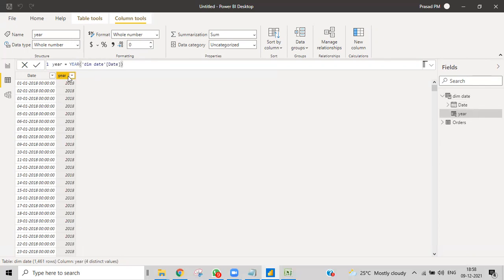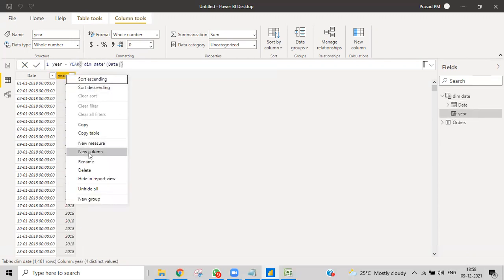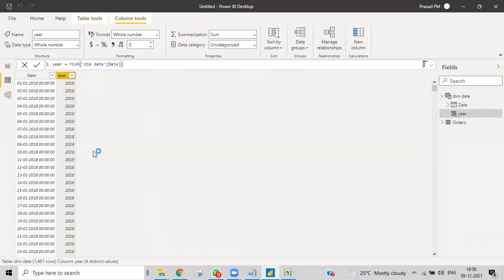Okay, and then I want to create another column, just recapping yesterday's things, like MONTH of that particular date.